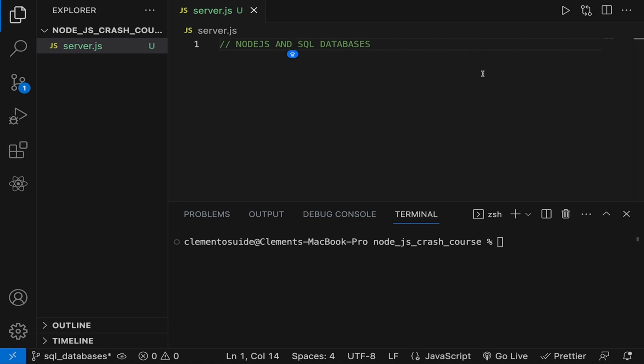So basically, just a TLDR of what SQL databases are. They are structured databases, and SQL stands for Structured Query Language, which is a language in and of itself that is used to interact with, query, and edit the structured database. You can imagine this database to look like an Excel sheet, if you've ever worked with Microsoft Excel, like a table that has columns and rows, and how we can interact, insert data, delete and update data